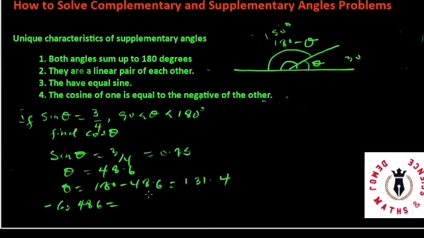If you use your calculator and find cos of 48.6, that's equal to 0.613. That means my cos theta will be equal to negative